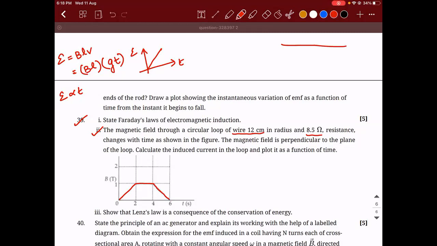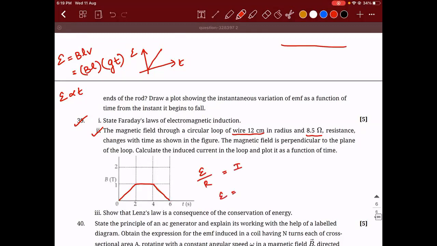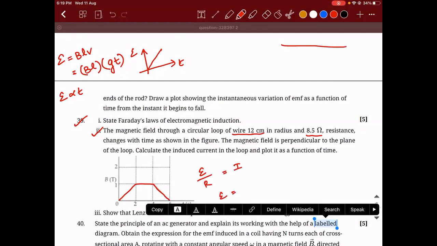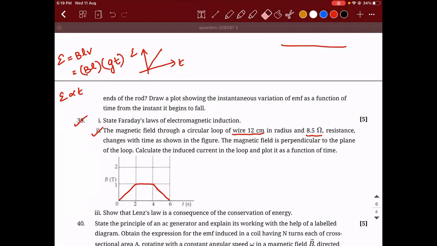Okay, so what is the formula for induced current? Induced current is induced EMF divided by R. But what is induced EMF? So I'll go in this way. Induced EMF is minus N into d phi by dt. Number of turns, it is only one loop. So minus delta phi divided by delta t. And I is equal to E divided by R. So minus 1 by R into delta phi by delta t will be the answer.